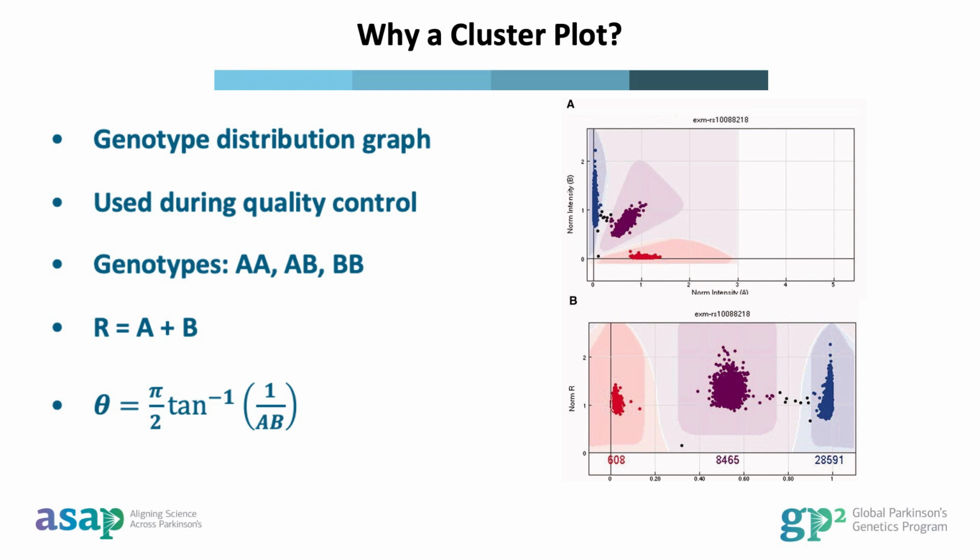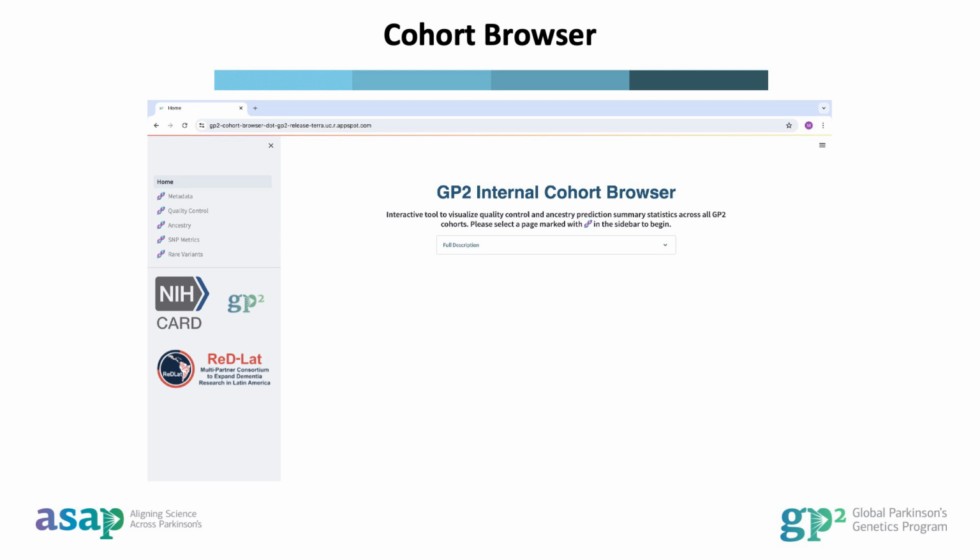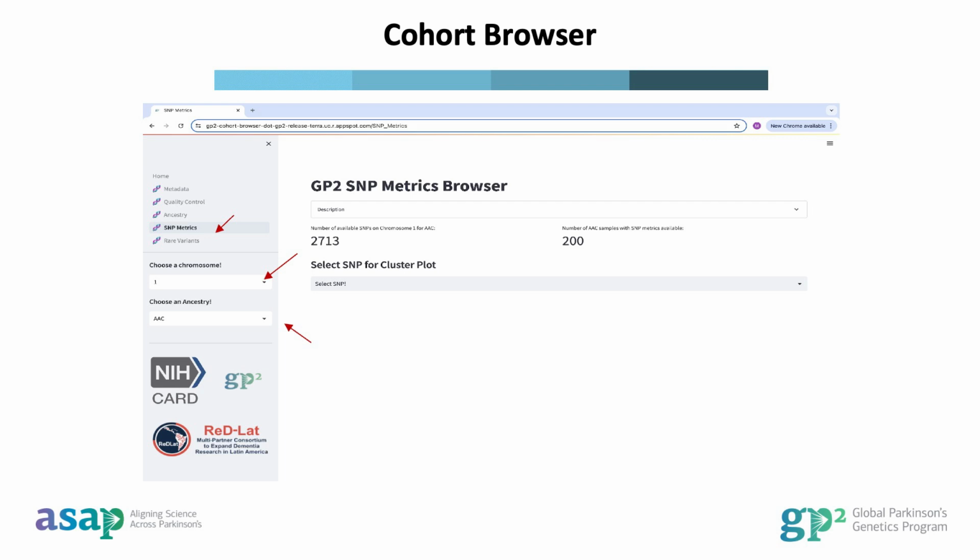We can view cluster plots in 2 ways, through the GP2 Cohort Browser and through code that will plot the R and theta values. The first method you can use to view cluster plots is through the GP2 Cohort Browser. To access this site, you must be signed in with the same Google account used for GP2 Tier 2. We will then navigate to the SNP metrics section where you will have the option to change ancestry, chromosome, and SNPs of interest. For this example, I will use chromosome 12 with European ancestry data, and I will search for the SNP